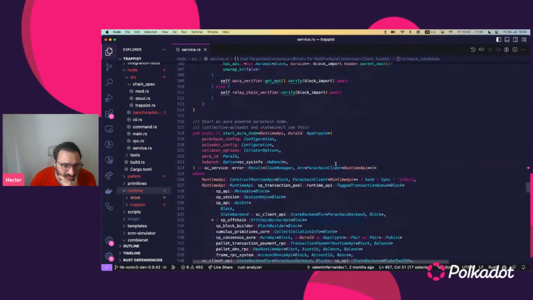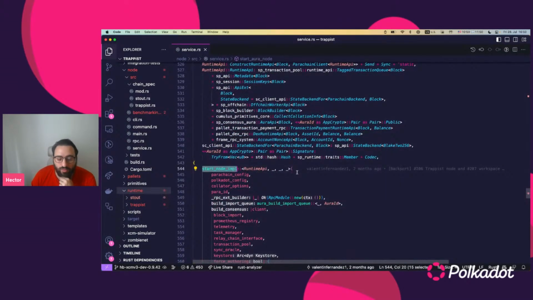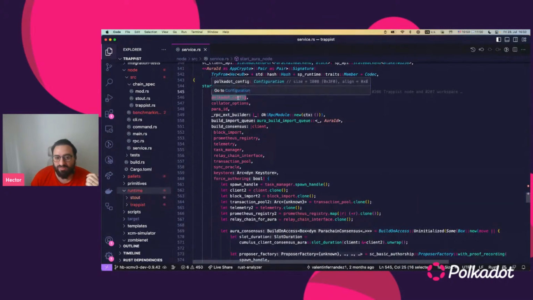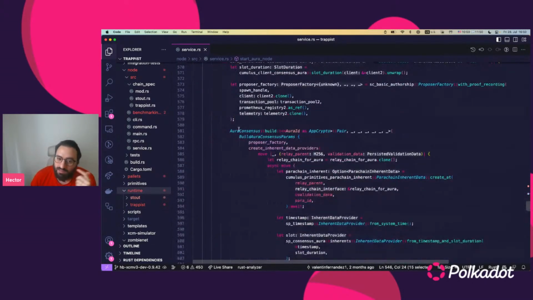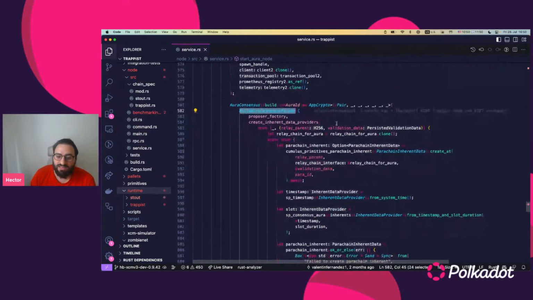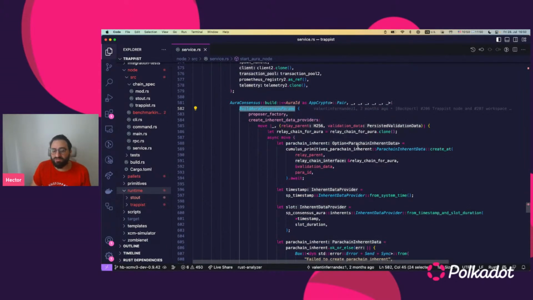And there is this start Aura node. This is a Parachain based on Aura. What it's basically doing is a wrapper of the start node impl. All right. So you have the Parachain config, the Polkadot config, which is the relay chain full node. You build the Aura consensus through the build Aura consensus parameters. These are pretty much similar to what we have in the node template, but